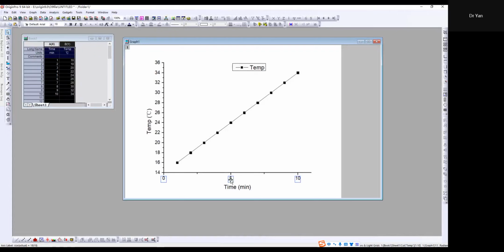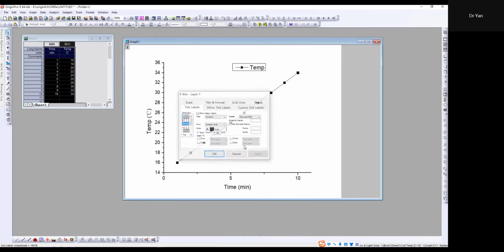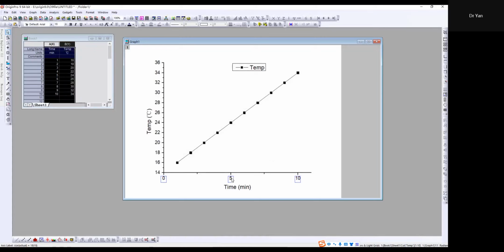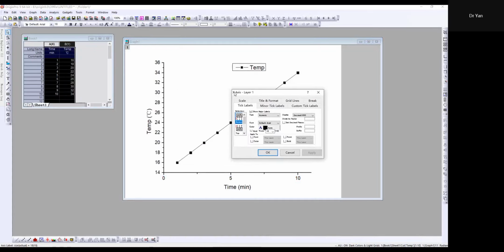Okay, and just double click on it. Double click on the axis right here, and it will come up with the x-axis for layer 1. As you can see, here is the score option, and for this one it is from 0 to 11. So here's the distance of the axis, 0 to 11, but the 11 is not showing because the